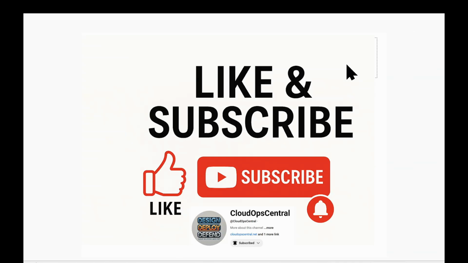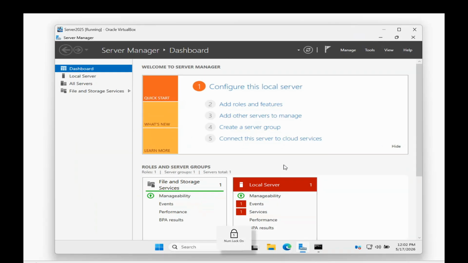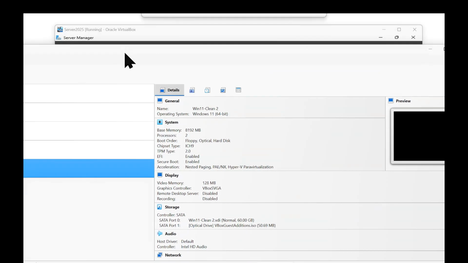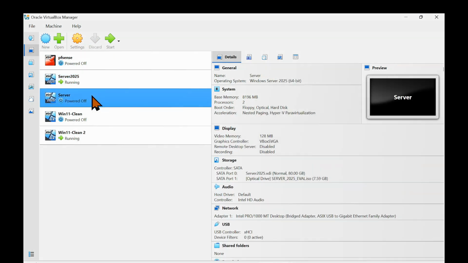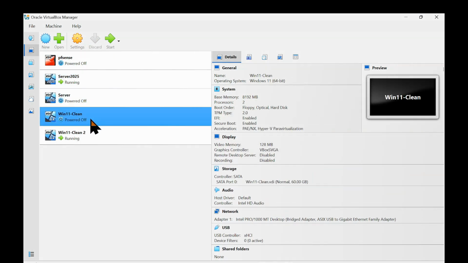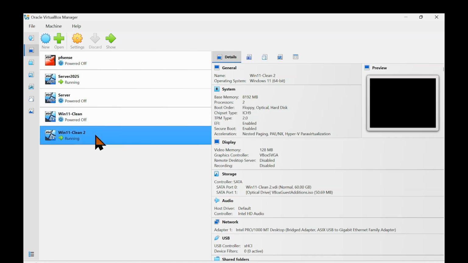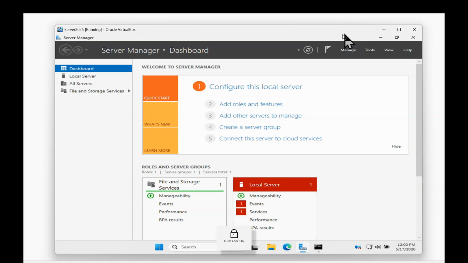Let's go ahead and get started and pull up our server from last week. I went ahead and started it. We did build a couple servers, or I did. This is the one that we're going to be using today. I have another test server, a test version of Windows 11, which we will be using either today or in the next video, where we can join our Windows 11 machine to our Active Directory